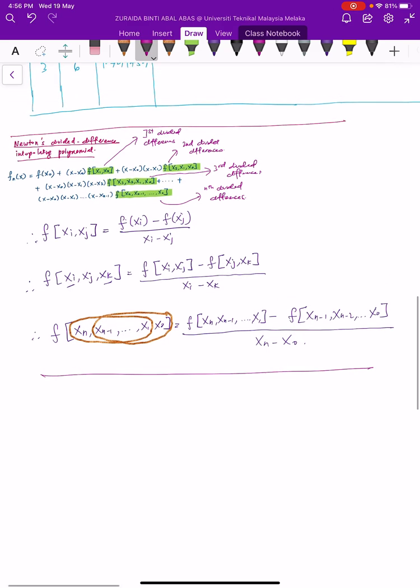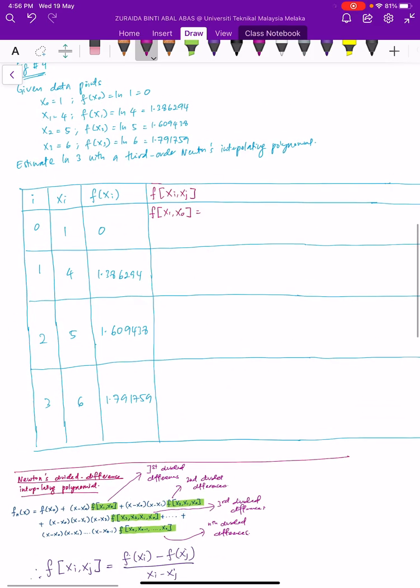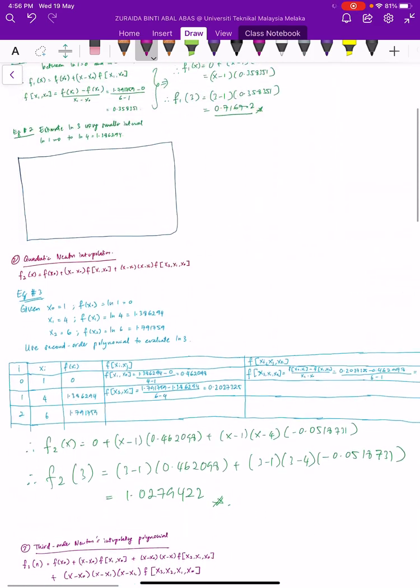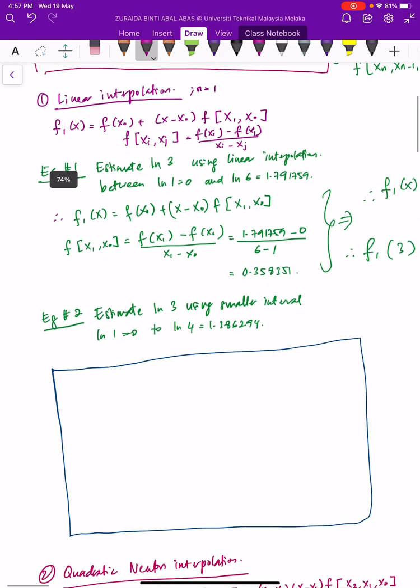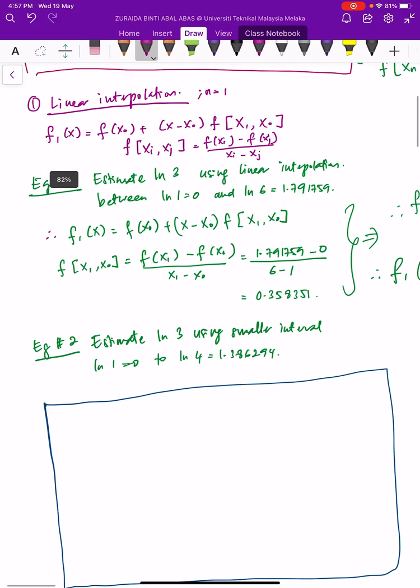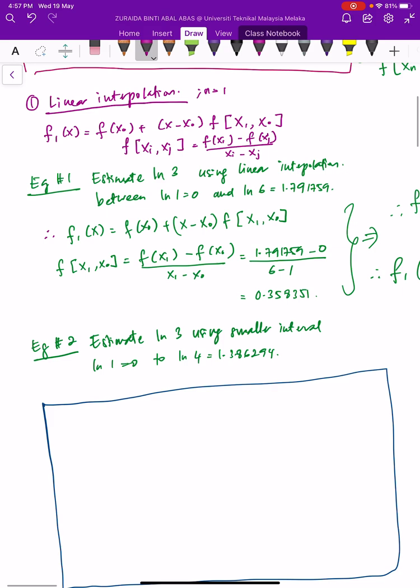So for this one, I already wrote it here, so I'm going to use this one. Okay, let's say you want to find a linear interpolation. You want to estimate ln 3 using linear interpolation between ln 1 equal to 0 and ln 6 equal to 1.791759. Because you have decided to use linear interpolation, your n is equal